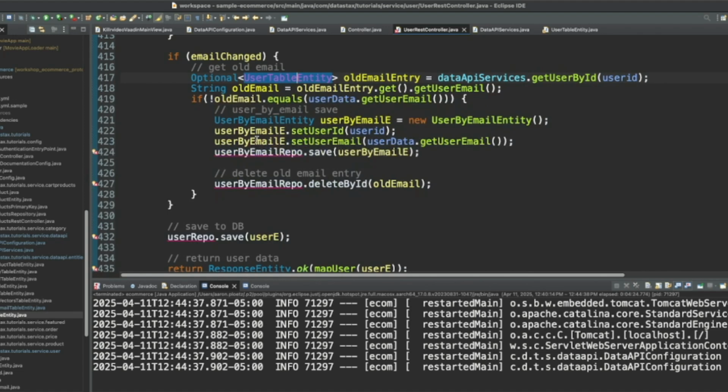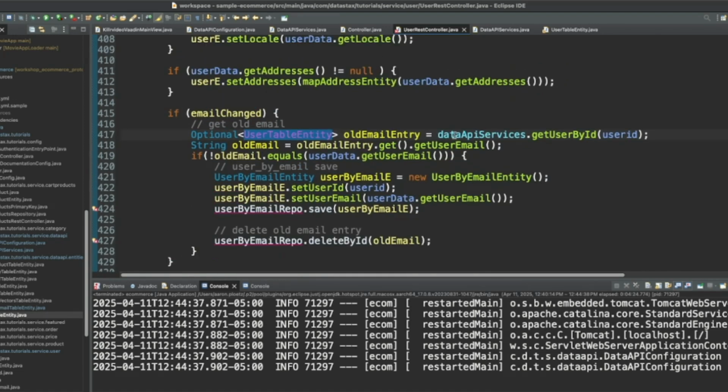Okay. And then let's go with, make sure we're using the new table entities, and then we can say data API services, save user by email.